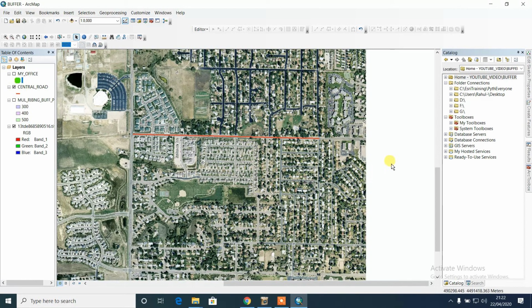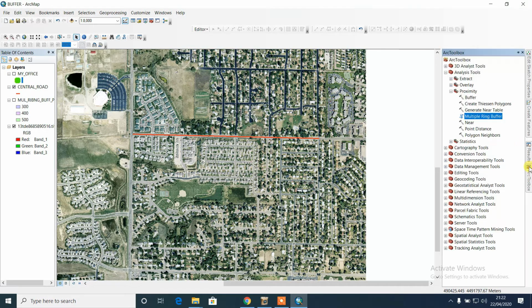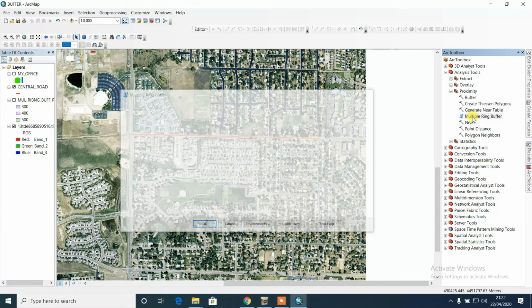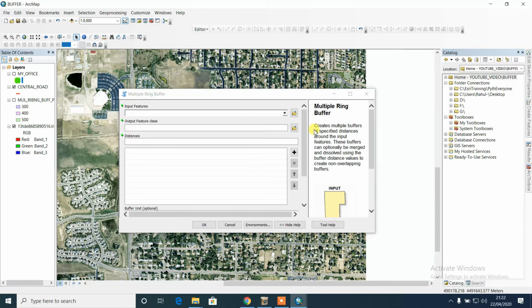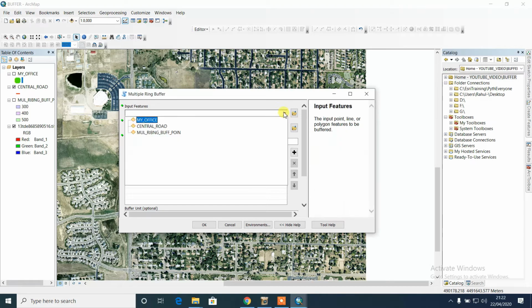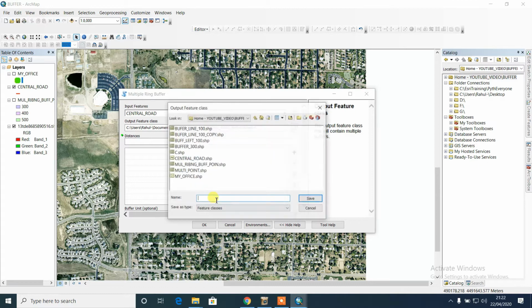Based on the line you can also use the same tool, multiple ring buffer, and as of my knowledge you can guess what the result is. This is my name and extension.